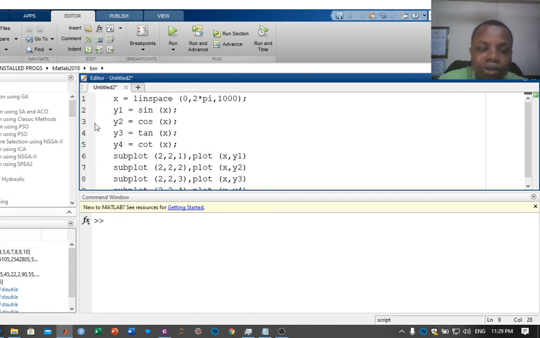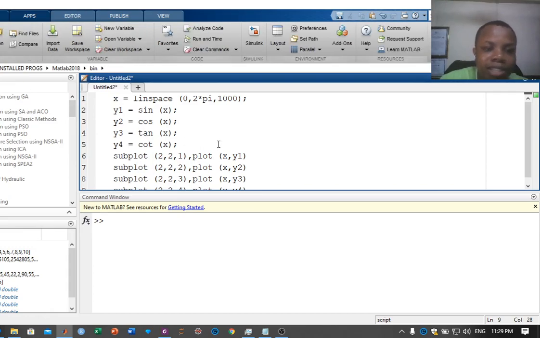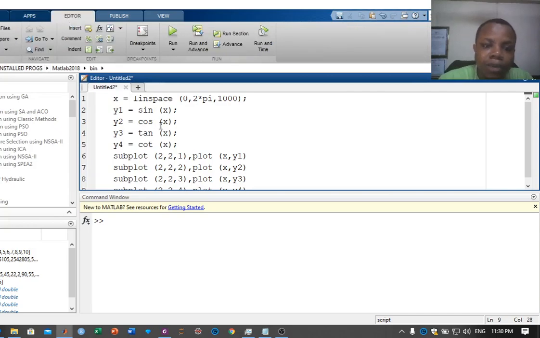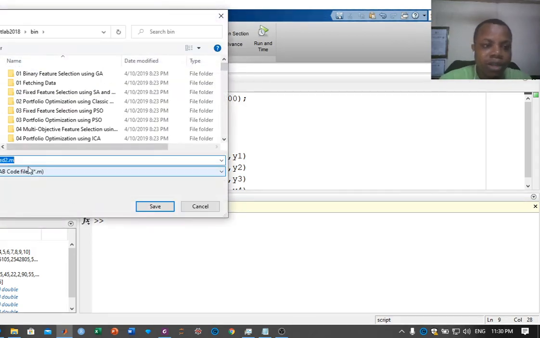For us to do this, all that we need to do is go to Home and create a new script, which we've done here, and paste all the codes, or all the commands, that we need to run. Once you are done, for you to be able to run this, we need to save the script. So once we come to the editor, we can save the script. For instance, suppose I would like to save this as